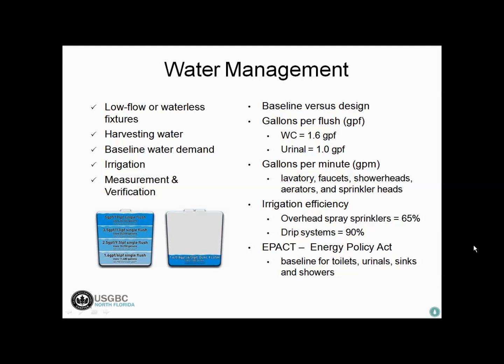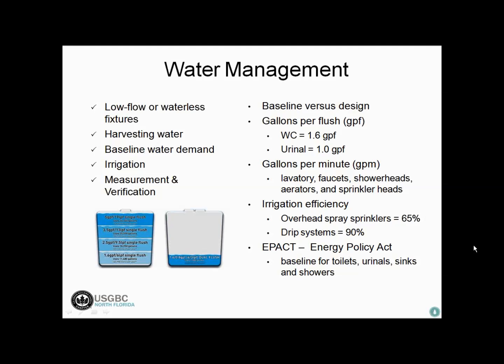Oh, I already talked about most of this. I didn't know I had a slide. So, for test purposes, you want to be familiar with those consumption rates. Toilets 1.6 gallons per flush, urinals 1 gallon per flush, sinks at half a gallon per minute. We talked about low flow fixtures, harvesting water. I didn't talk about the baseline and how those calculations are done. So for the indoor plumbing fixtures, the way we're measuring this percentage is we're basically saying, all right, if our building used all of the EPAct baseline fixtures, 1.6, 1.0, half a gallon per minute,